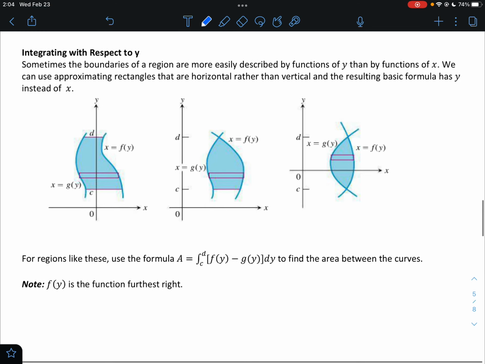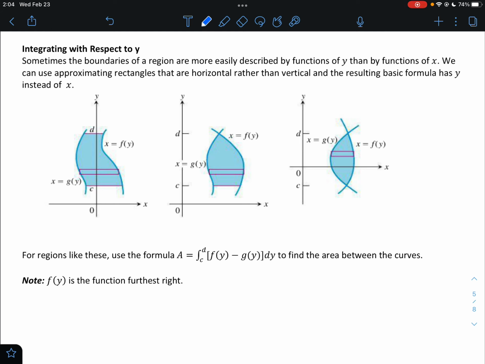All right, what if we want to integrate with respect to y? Well, first of all, we never want to do this. This isn't something that we would choose to do unless it makes it easier on us. Okay, so integrating with respect to y, sometimes the boundaries of a region are most easily described as functions of y rather than functions of x. We can use approximating rectangles that are horizontal rather than vertical, and the resulting basic formula has y instead of